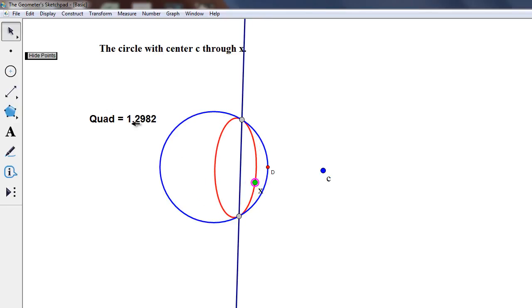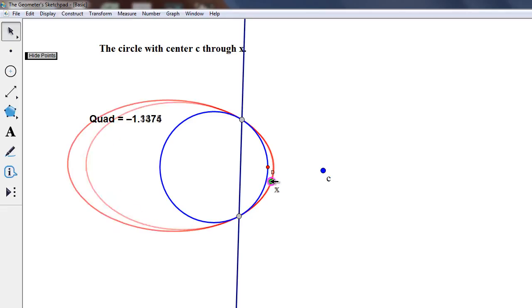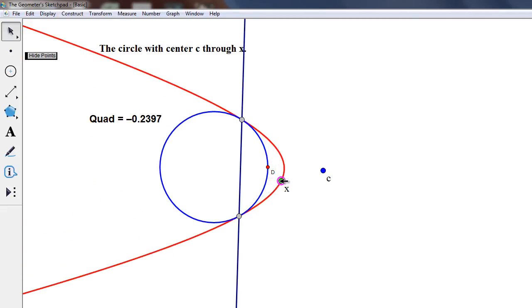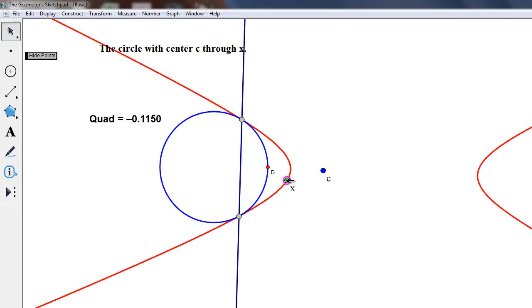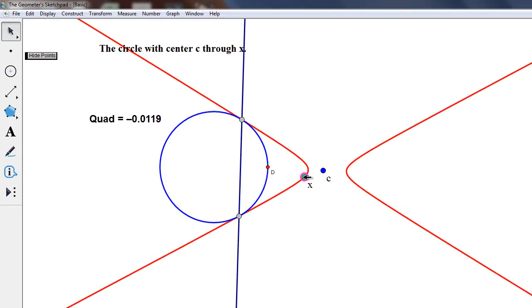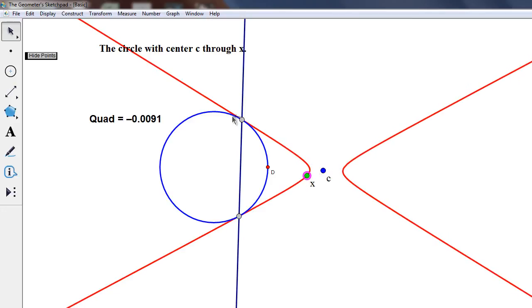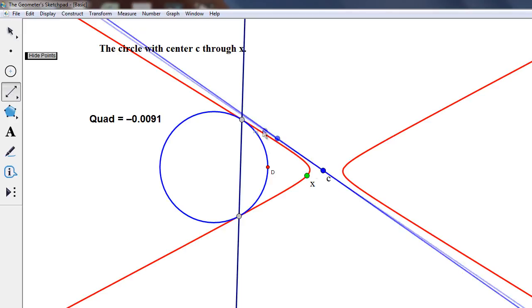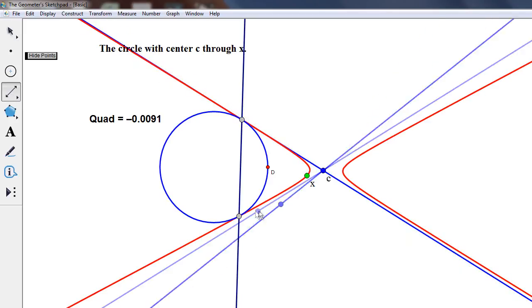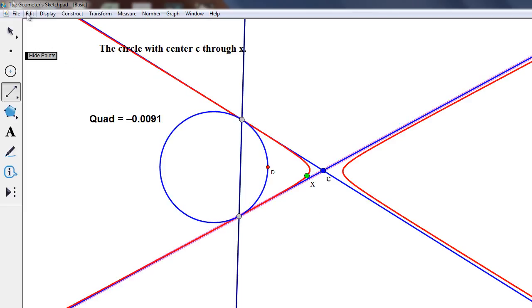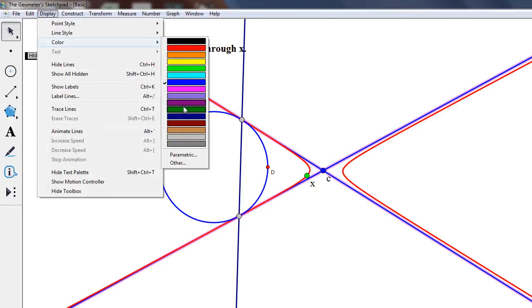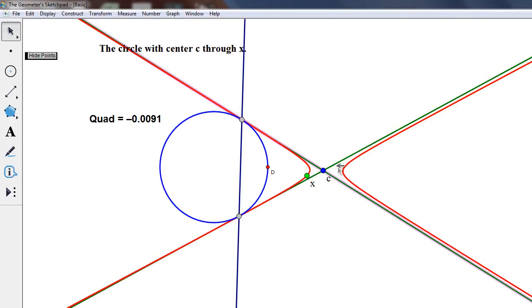Ellipses like this, with various quadrances starting from 1 going up to positive infinity, and then minus infinity, minus 2 up to minus 1, minus 0.2, eventually becoming hyperbolas as the quadrance approaches 0. And once the quadrance is exactly 0, then we're getting the 2 tangents. Let's draw them. There's one there, and there's one there. I might color them green, say. So those are the tangent lines.